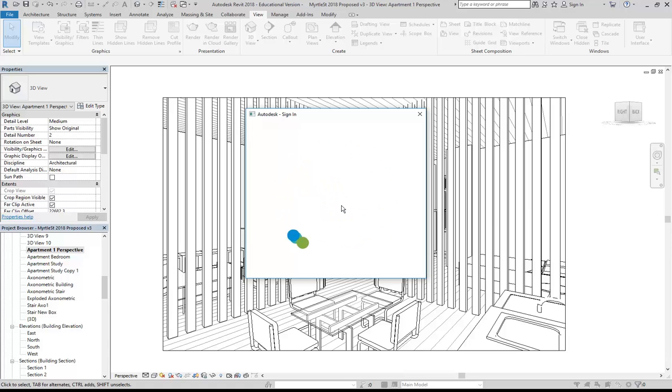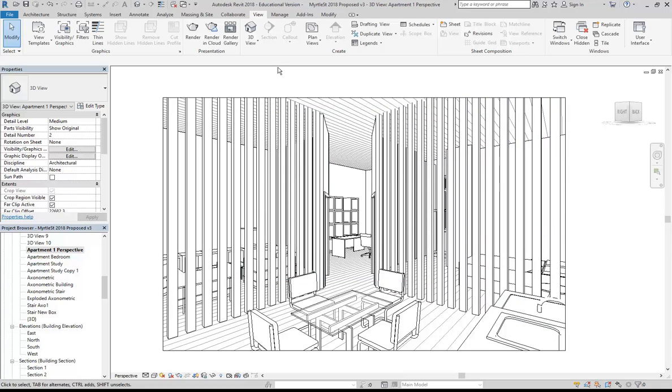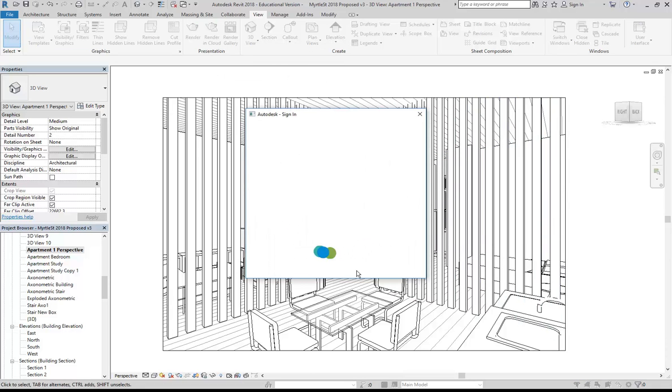And this is a tip. Whenever I'm using these programs for my own work, I'm signed in the whole time. It makes a big difference. There's lots of things you can do with that. Now, it may be getting blocked by the proxy settings in here, so I'm going to close this. I'm going to go to Render in Cloud and see, no, it's the same thing. Okay, so maybe we can't do this straight away, but try it on your own computers,